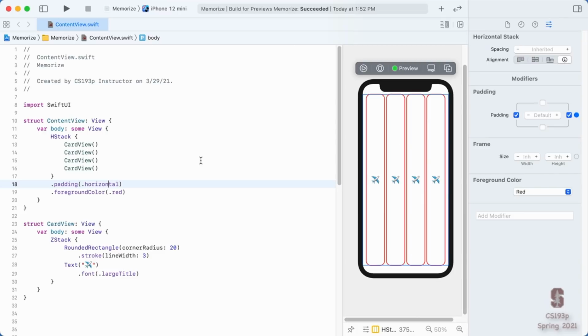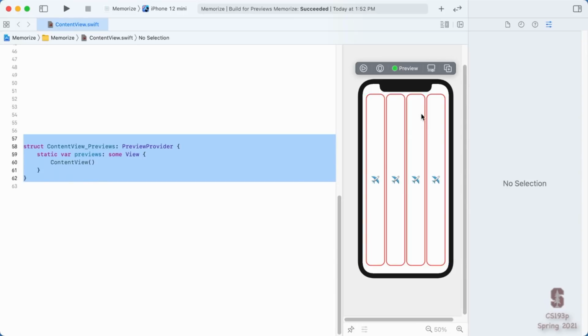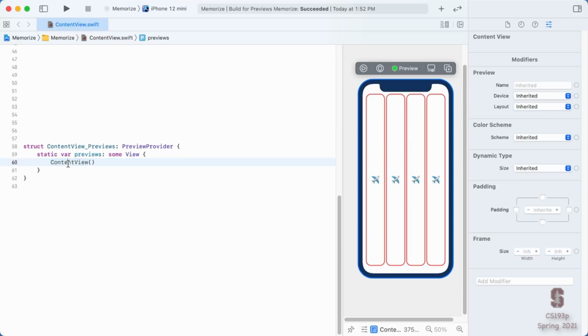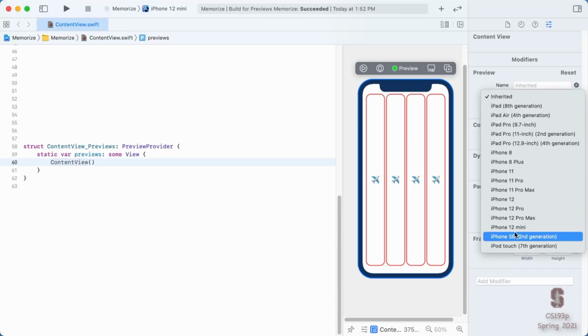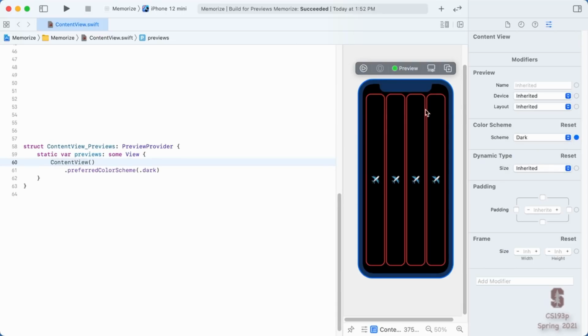So this preview is controlled with this code that we moved out of the way. It's this code down here that controls how your preview looks. And right now, don't worry too much about these two lines of code here, but you can see it's just displaying our content view. But if we click on this content view, oh, it has an inspector as well. We can, for example, choose a device. And we can also pick the color scheme here. And when I pick dark mode, it puts this into dark mode, and you can see our cards don't look so good in dark mode. And it added this line of code right here. This is a view modifier that's modifying our content view.